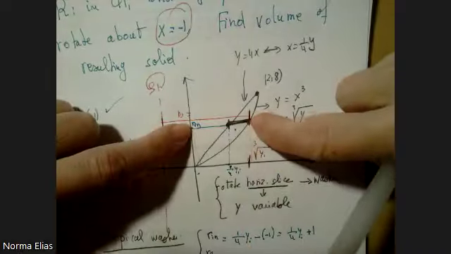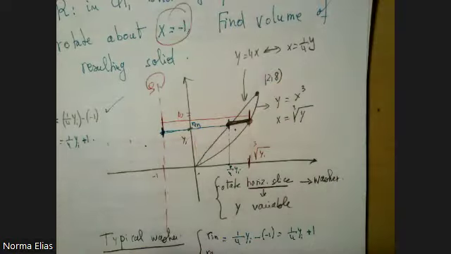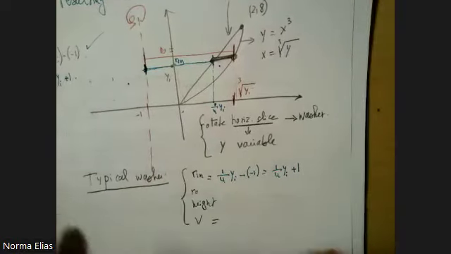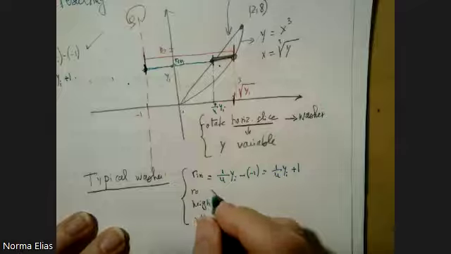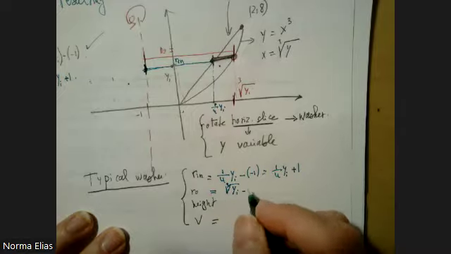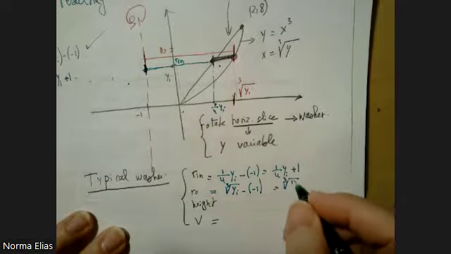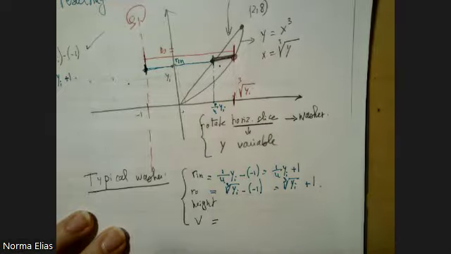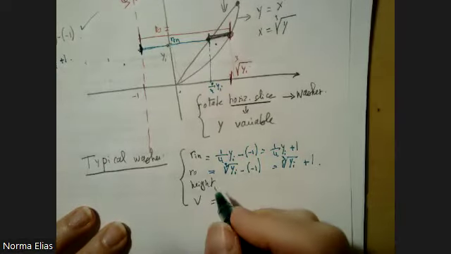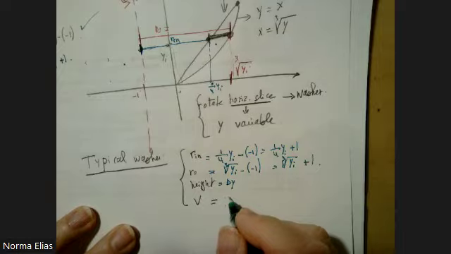Or it is from here to here, cubic root of yi, and you're adding 1 to it. You can think about it in 2 ways in this scenario. So the outer is going to be the cubic root of y plus 1. Height is the delta y, and the volume is